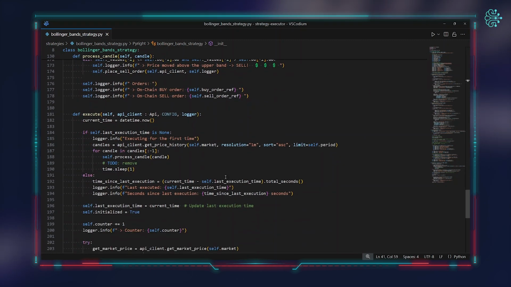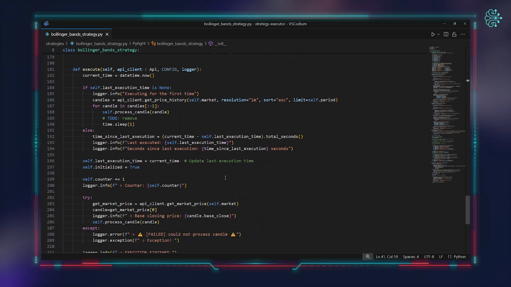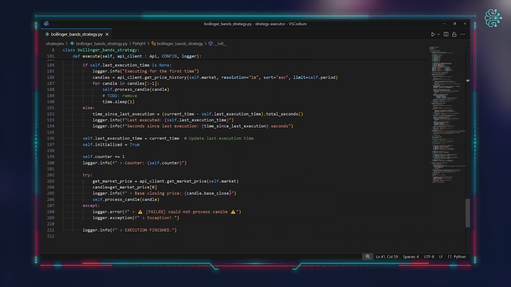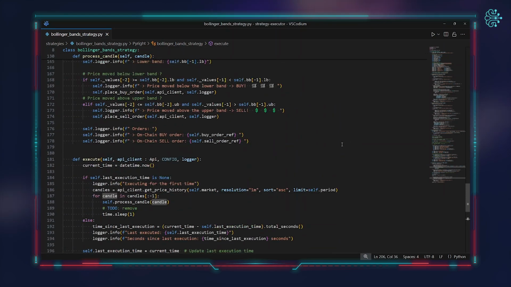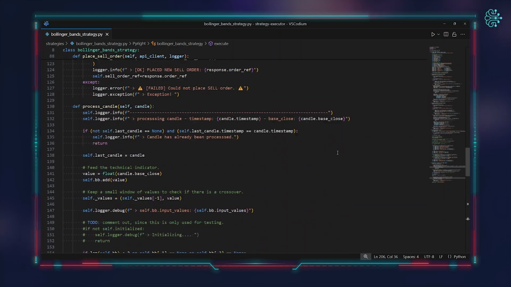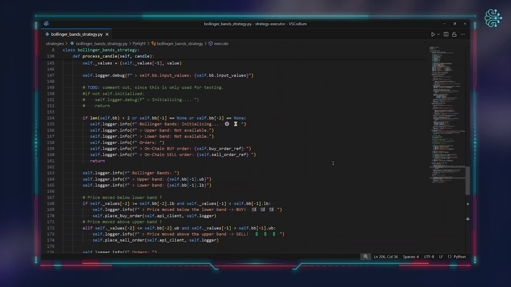The framework is going to execute the strategy via the execute function. This is going to be called on a regular basis, and it's going to pass the candlestick data loaded from the API, from the backend, and this is then processed and passed to the